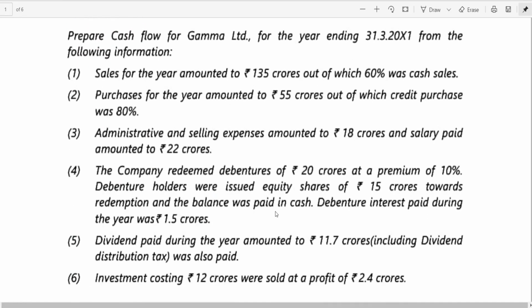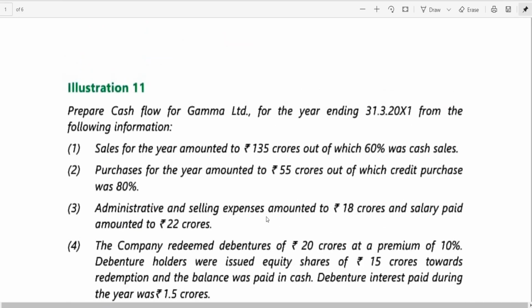Hi friends, in the last class we have seen three problems. I hope you might have gone through that, and in today's class I'll be taking two more problems. These two problems will definitely give you more clarity on what we have seen so far: the three activities and how to work out cash flow statements. By this time I think you are comfortable in identifying the activities. So we start today with illustration 11 from your study material.